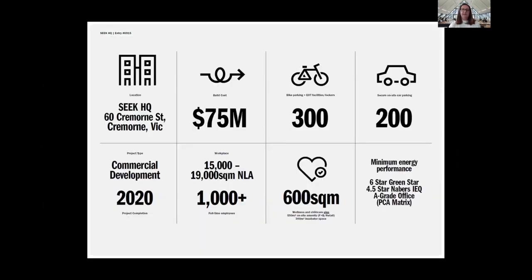A few just headlines there around budget. We had 300 bike parks, large end of trip facility in the basement, 200 cars on site. And they needed between 15 and 19,000. They've ended up taking the full 19,000. But we did design a whole lot of potential things that could happen on the ground floor if they didn't need to take up that space, including a childcare, some incubator spaces, and there are some food and beverage and